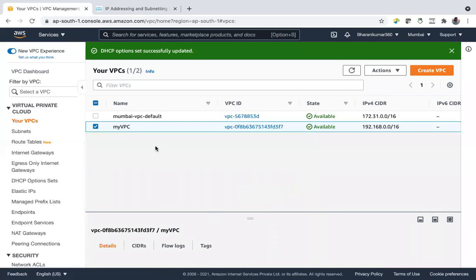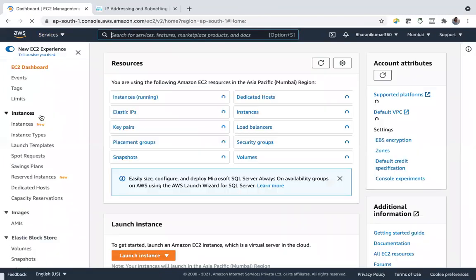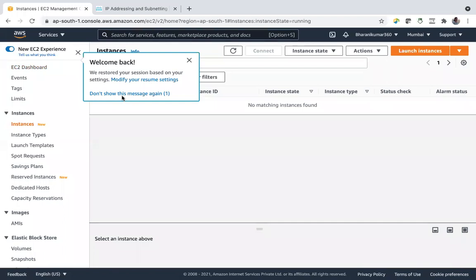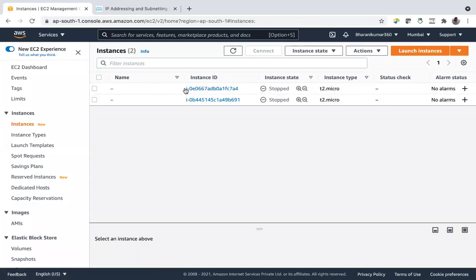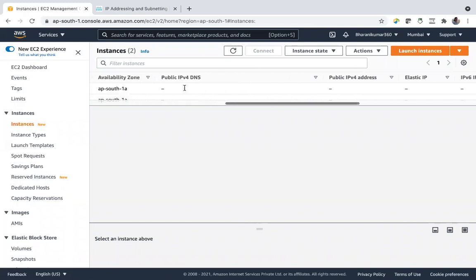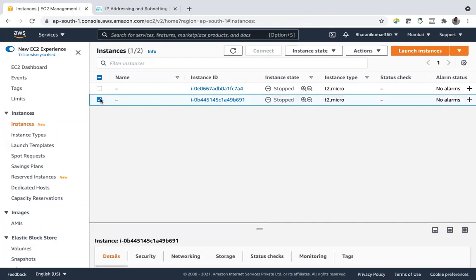Changes, okay. I think this is the new one.